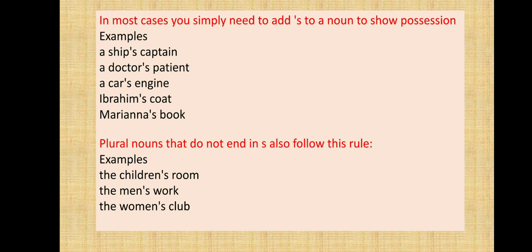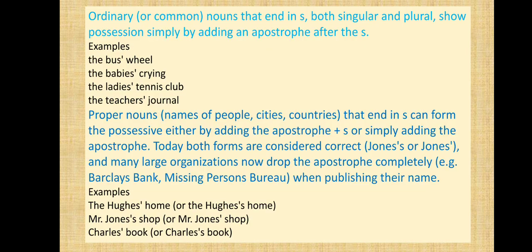See the second, plural nouns that do not end in S also follow this rule. Children is plural. Child is singular. Children is plural. Okay. So the example is the children's room. Children is plural, but the apostrophe came with S. So second, the men's work. The women's club. So I think you understood. Now here,